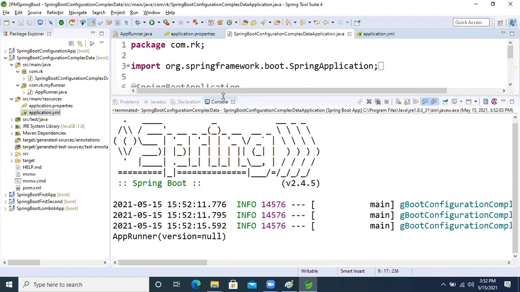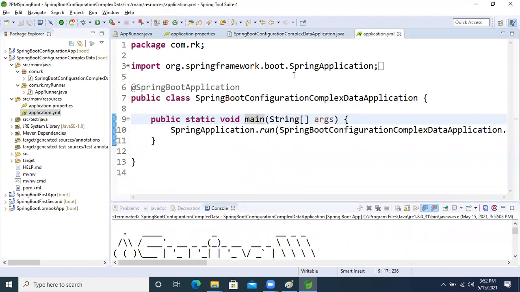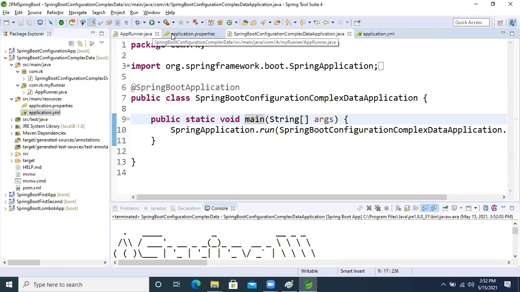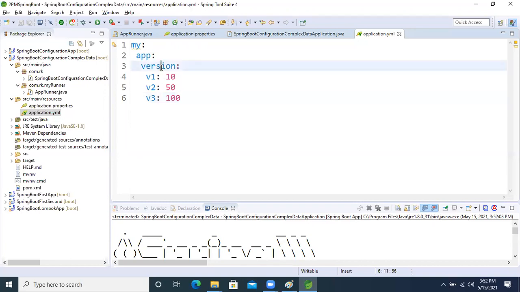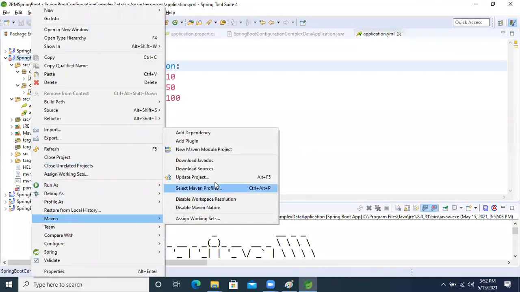Oh, again null. Okay, no problem. Come here. My app version. Yeah, the problem is there. Right click, update the Maven project.